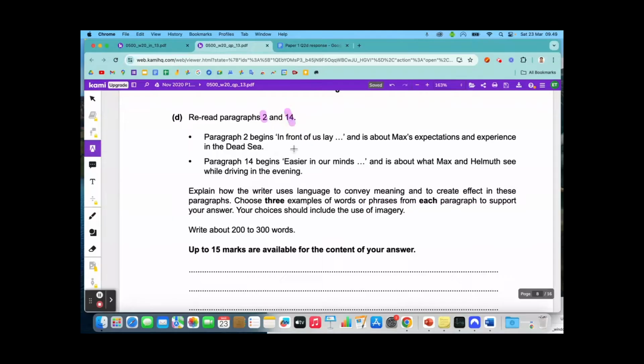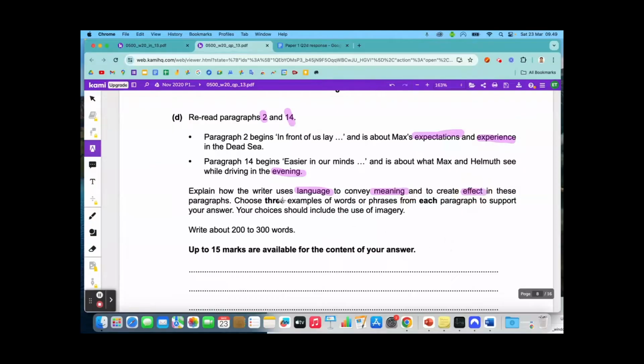Paragraph 2 begins "In front of us" and is about Max's expectations and experience in the Dead Sea. Paragraph 14 begins "Easier in our minds" and is about what Max and Helmut see while driving in the evening. So, explain how the writer uses language to convey meaning and to create effect in these